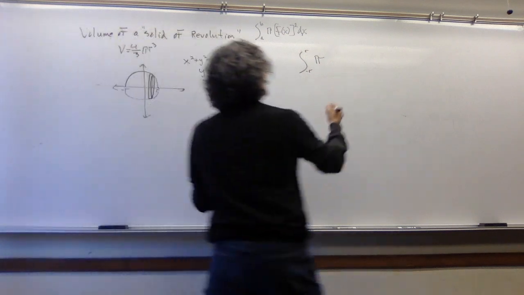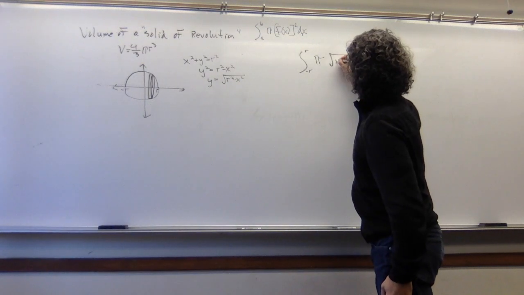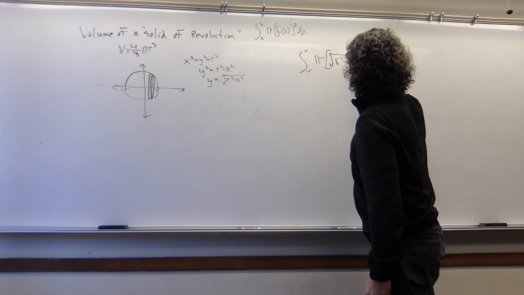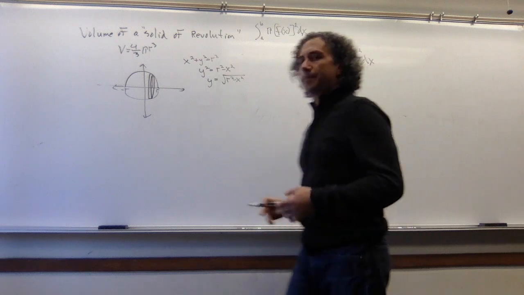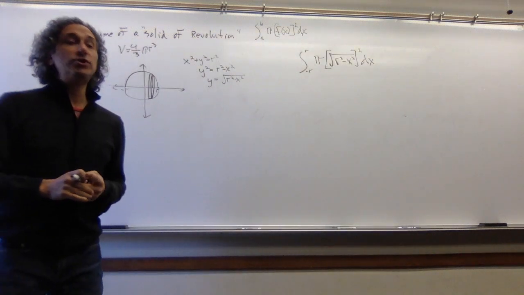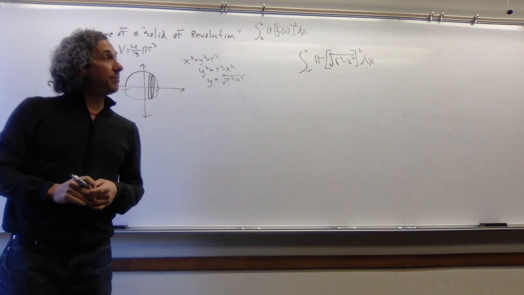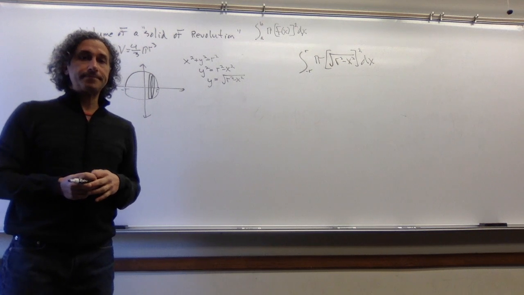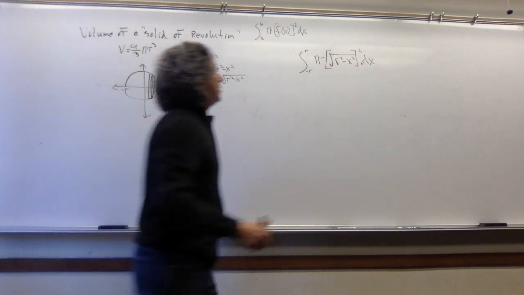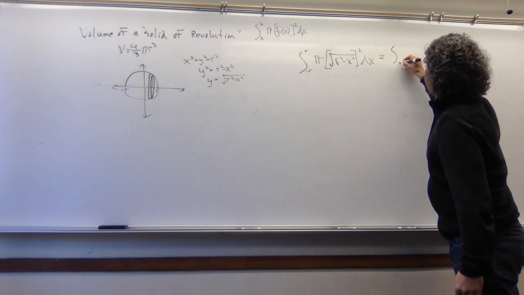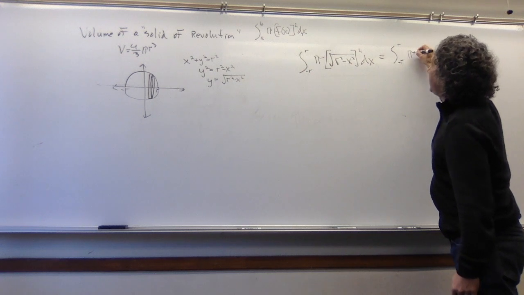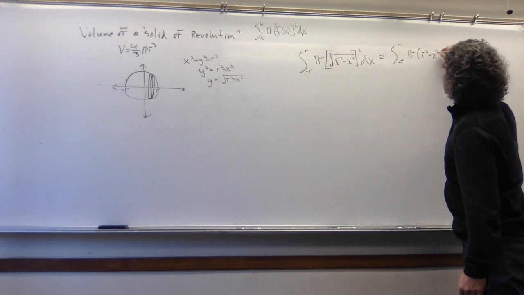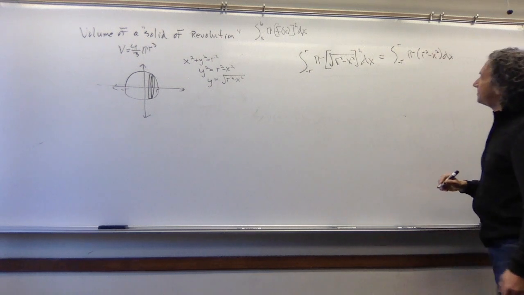But once again, putting this into integral form, you get the square root of r squared minus x squared. That's my f of x. And then I want to square that. So that's the integral that I want to compute. I would recommend pausing the video and giving this integral a shot. All right, so hopefully you said, oh, that's the same thing as the integral from minus r to r, pi times, well, squaring a square root gives me r squared minus x squared dx.